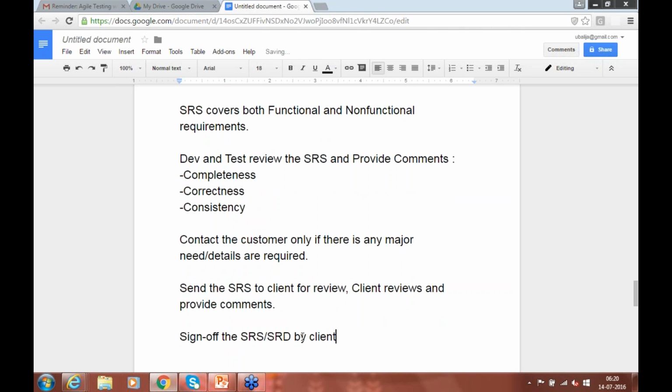Actually, before we go to the client, we even get the sign off from the development team, testing team, and support team, but sign off by the client is the most important. It's like an agreement that we are making: this is what we are going to develop and this is what you are going to accept. So there will be a clear,